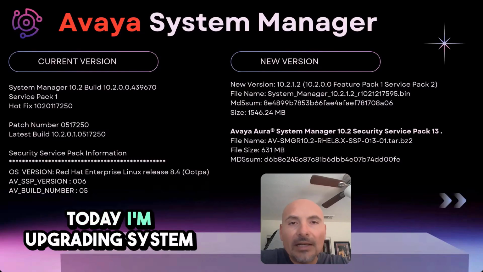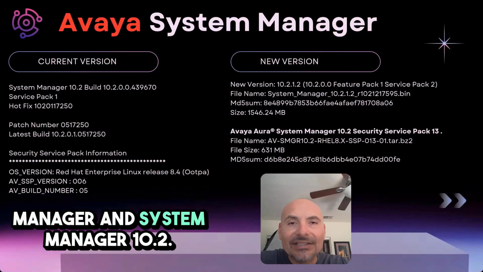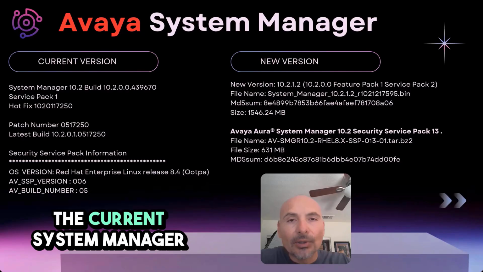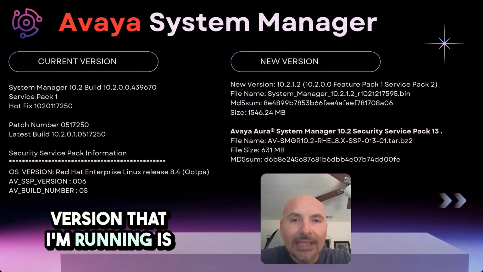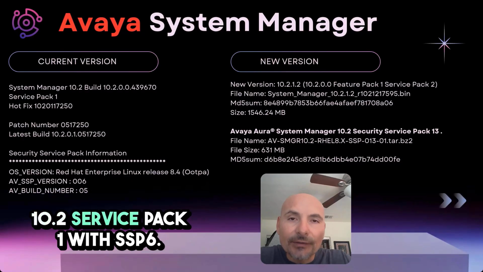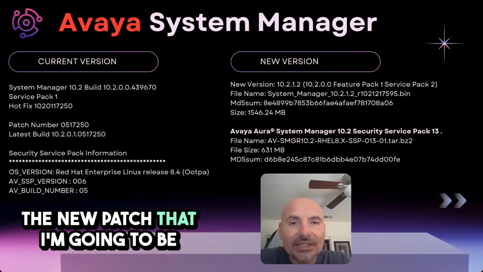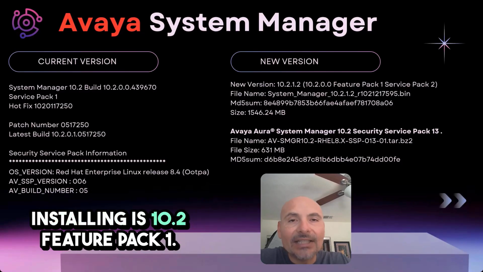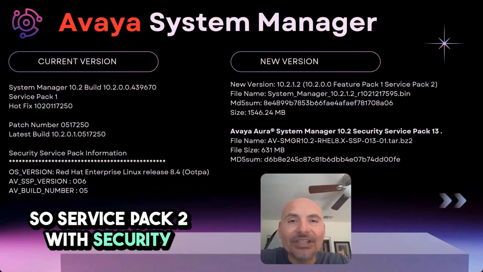Hi everyone, today I'm upgrading System Manager and Session Manager 10.2. The current System Manager version that I'm running is 10.2 Service Pack 1 with SSP6. The new patch that I'm going to be installing is 10.2 Feature Pack 1 Service Pack 2 with Security Service